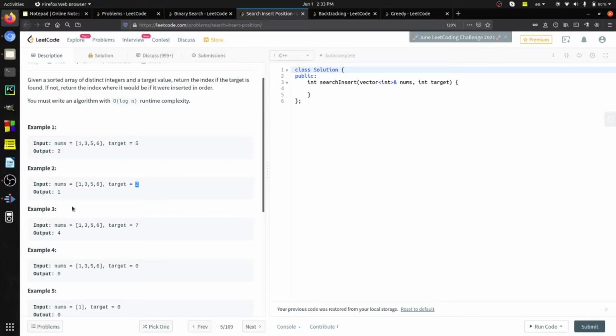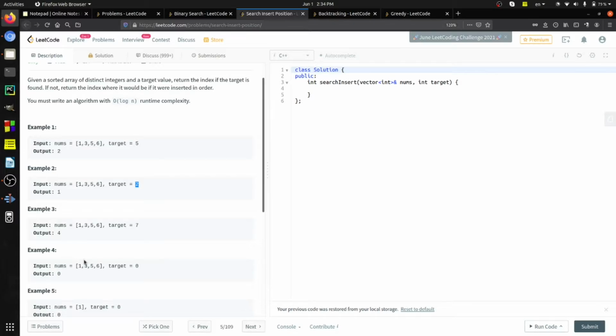Example 3, the array is 1, 3, 5, 6 and the target value is 7, which can be kept after 6, so the index value will be 4. Likewise, 1, 3, 5, 6 and the target value is 0, so we will provide the index 0.